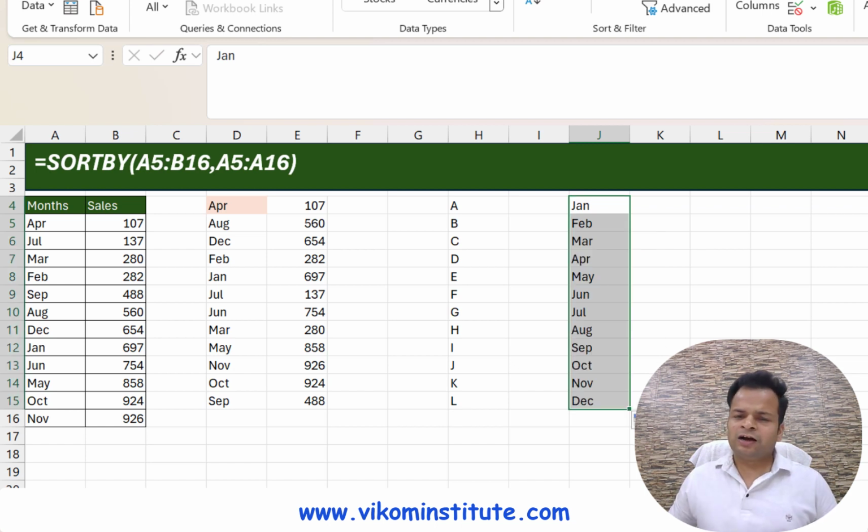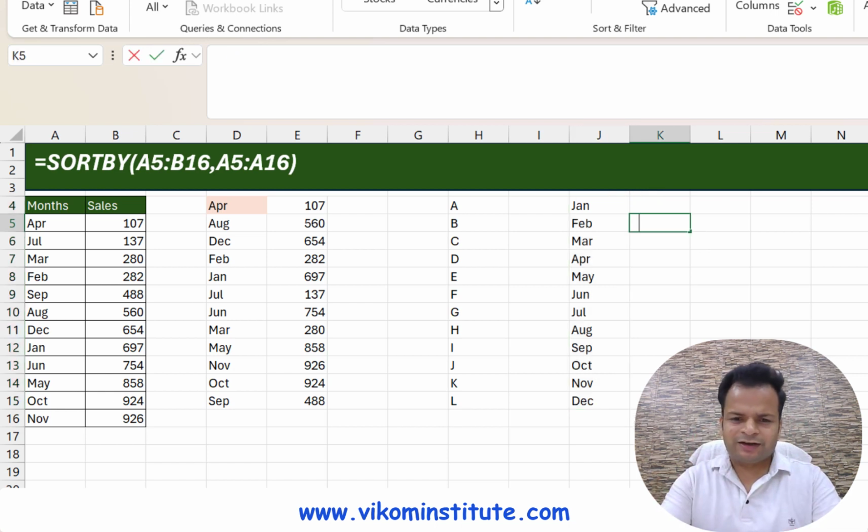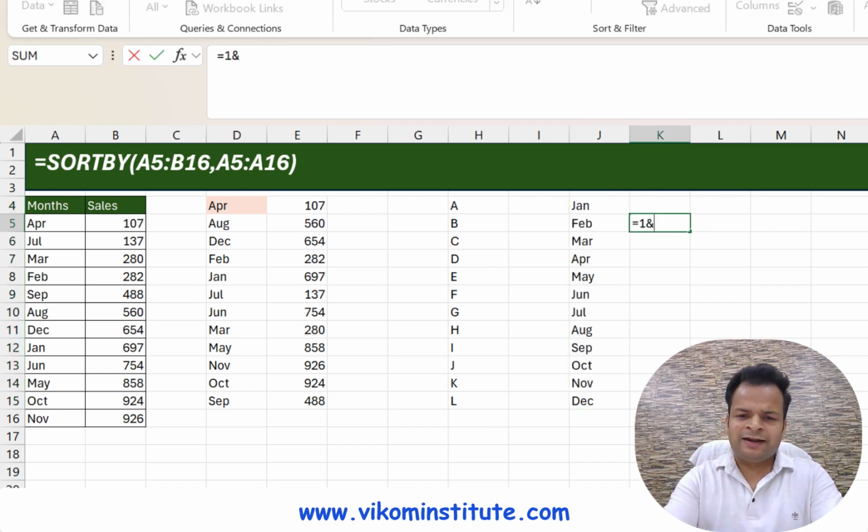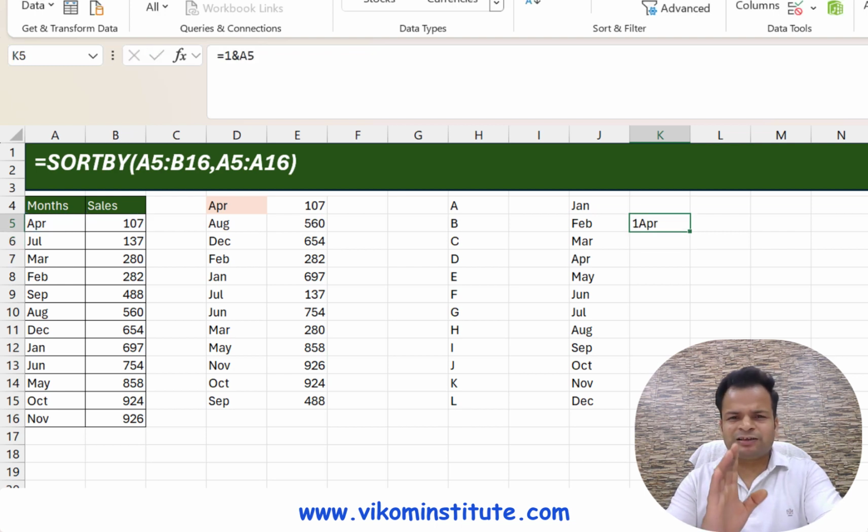So I will use a technique of data concatenation. Let's say here we have months. I will add 1 to it, so 1 and this month. Now this is becoming 1st April. This is a text. If you see, it is aligned on the left side.